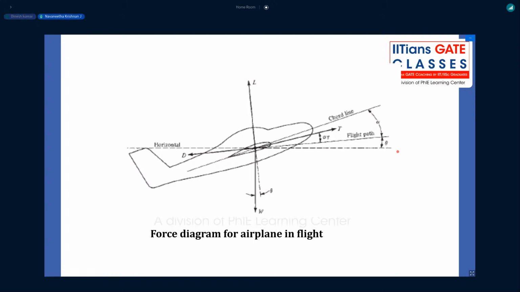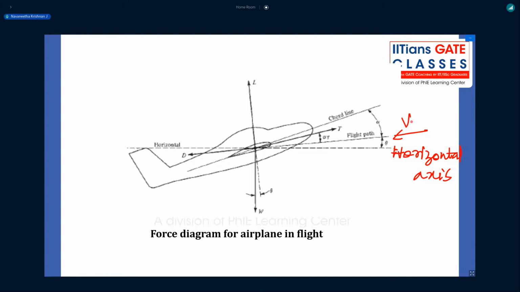See, this is your horizontal axis. Can you be a little louder? Yeah, okay. This is your horizontal axis. The angle between the horizontal axis and flight path is called as,